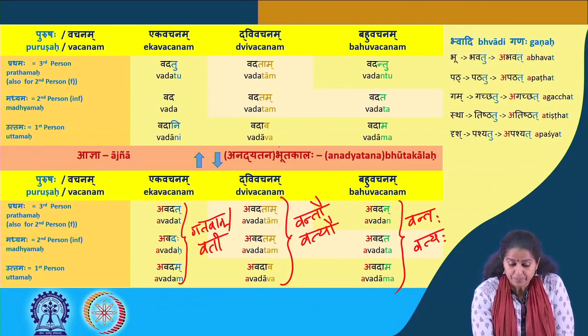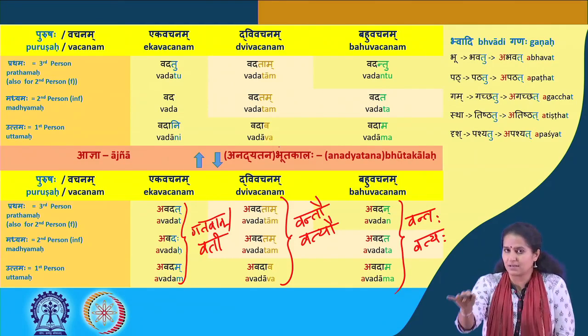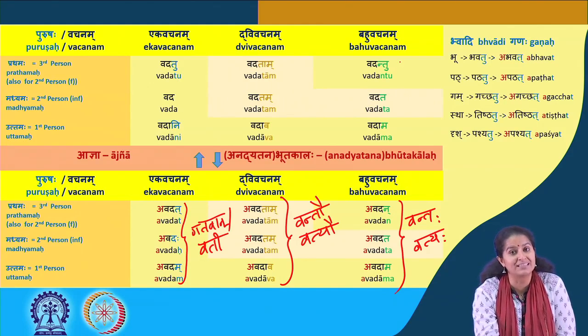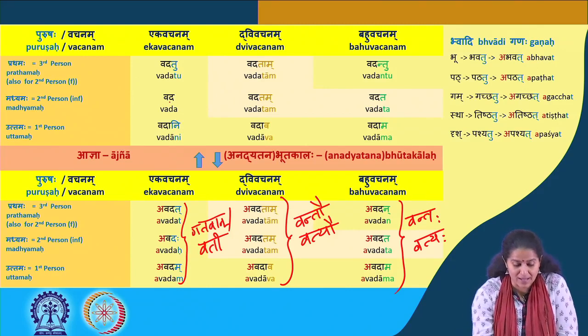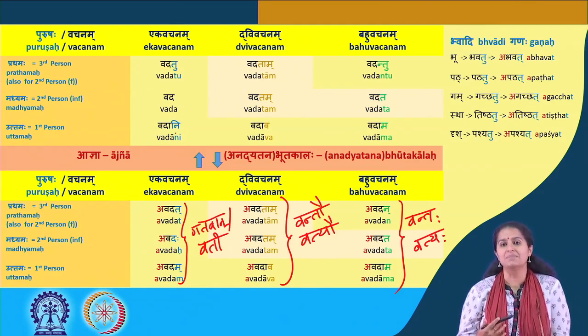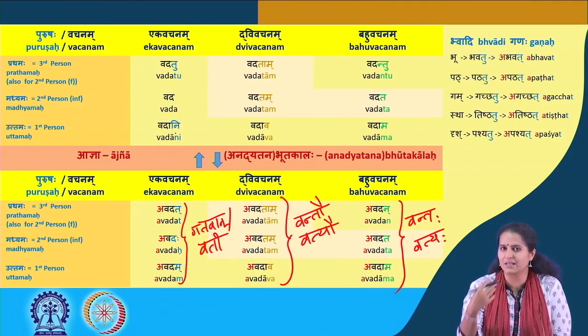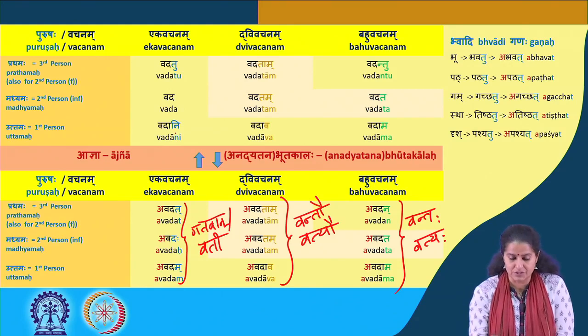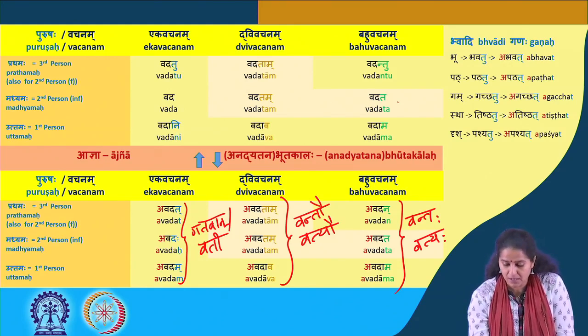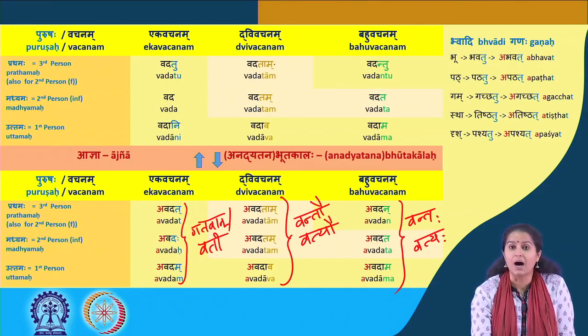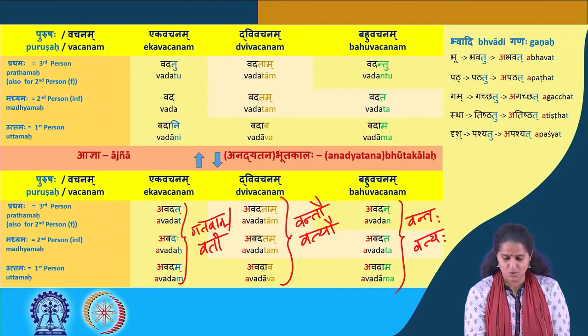Okay, so what do we notice here? We see that there is no visarga, first of all. In comparison with the Vartamana Kala, the I drops and is replaced by the U. So vadatu and vadantu instead of vadati and vadanti. And then we have vada, nothing added to that. And the ami becomes ani, vadani, means let me speak. Okay, may I speak, let me speak. It has that kind of an implication. And the most important thing is this T in the middle, which is tam, tam, ta. So vadatam, vadatam, vadata, and no visarga below that.